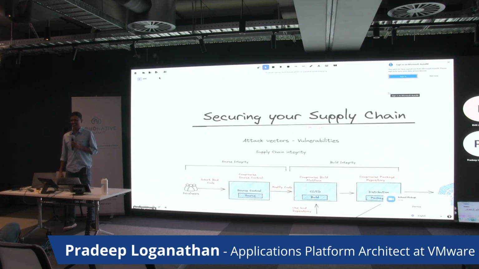Okay, that's cool. How many people here are from a DevSecOps background, wherein your primary role is securing supply chains? Okay, cool.